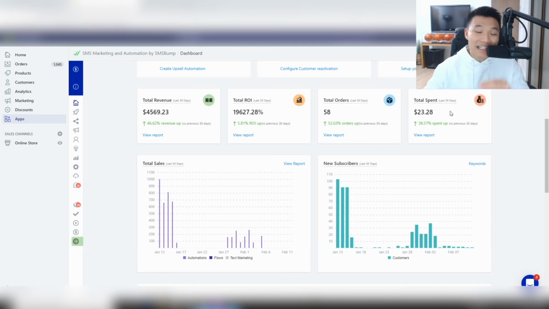Here we are in the SMS Bump platform for one of my stores, and keep in mind, this is during Chinese New Year and coronavirus, so we haven't been running anything now for close to a month. So all of our traffic has been through basically organics and also the very limited amount of advertising budget that we have been running to get rid of our US inventory in our 3PL. So you can see we've generated $4,500 in revenue for a